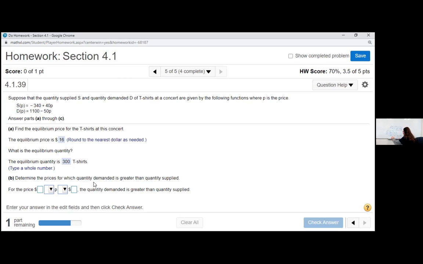Well, we're going to wind up with that same 16 in there somewhere. Add the 50P, add the 340, divide by a positive 90, and that's not going to change the direction. So we've got 16 greater than P, i.e. P less than $16. So for the price,